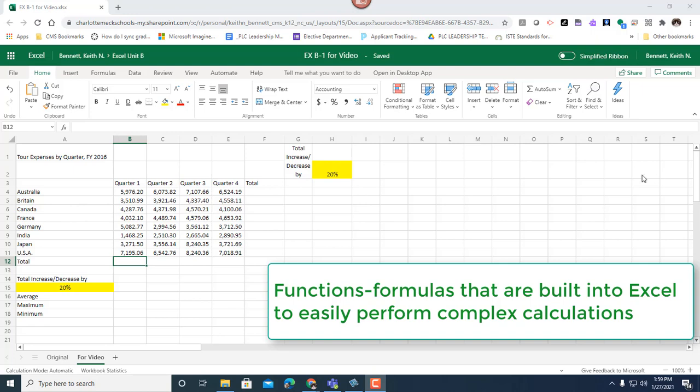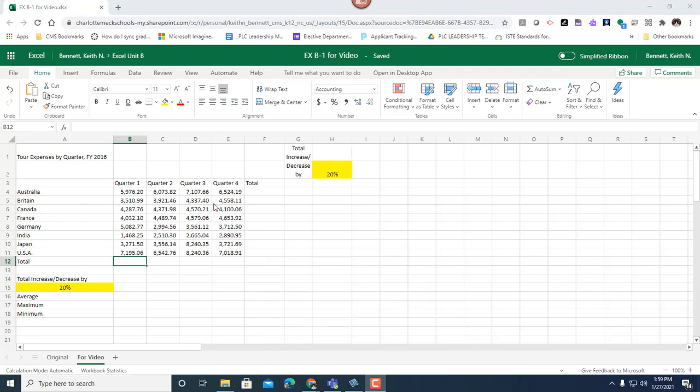First of all, I want to make sure that you understand I've taken this activity from a textbook and I've modified it slightly to give you more opportunities to practice. We're going to start down here in cell B12. We want to get a total of the cells directly above cell B12. And we learned previously that all formulas start with